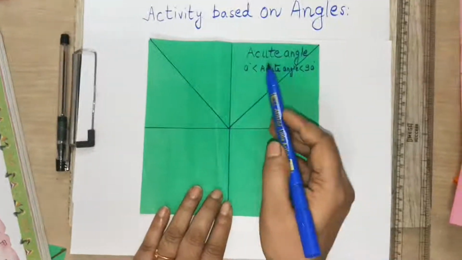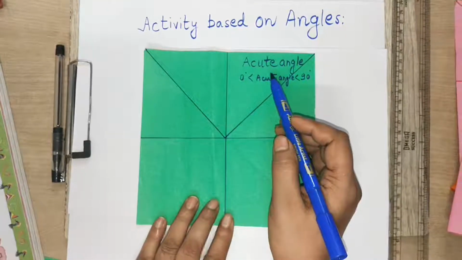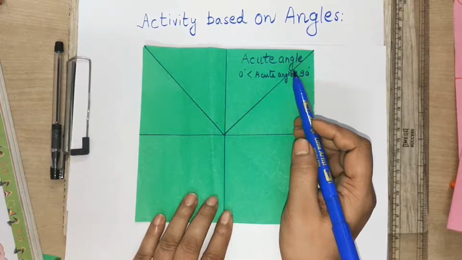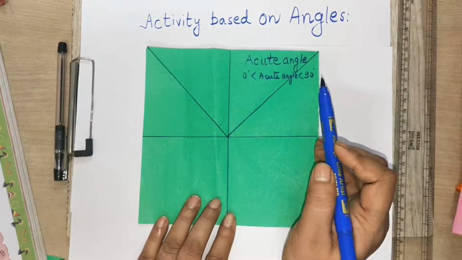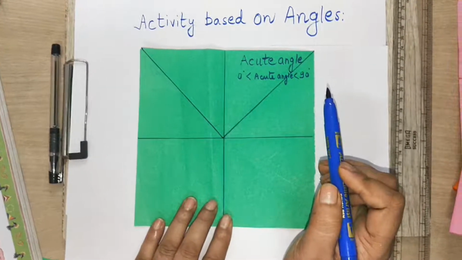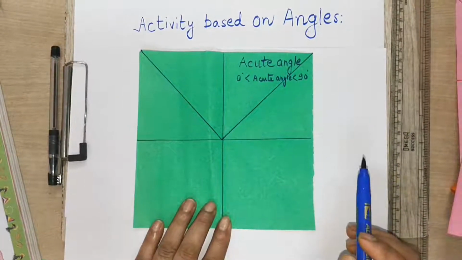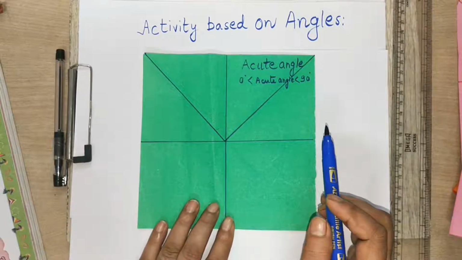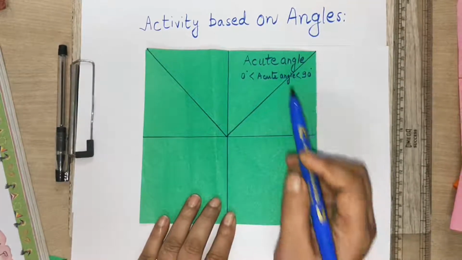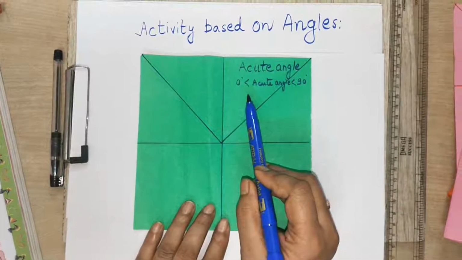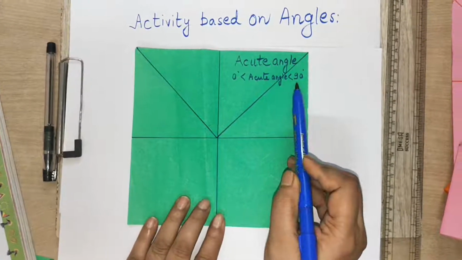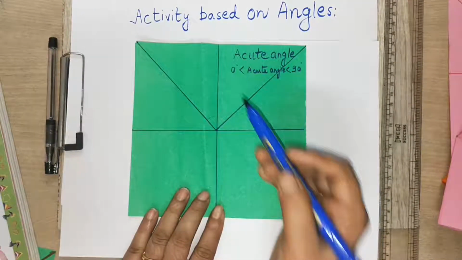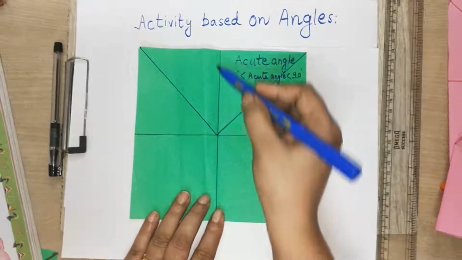Okay, now children, here I am going to find lines making an angle less than a right angle, and you all know a right angle is in L shape, so we have to find the angles which are less than a right angle, meaning the angles which are acute angles. And what is an acute angle? Acute angle means the angle whose measure will be greater than 0 degree and less than 90 degree.